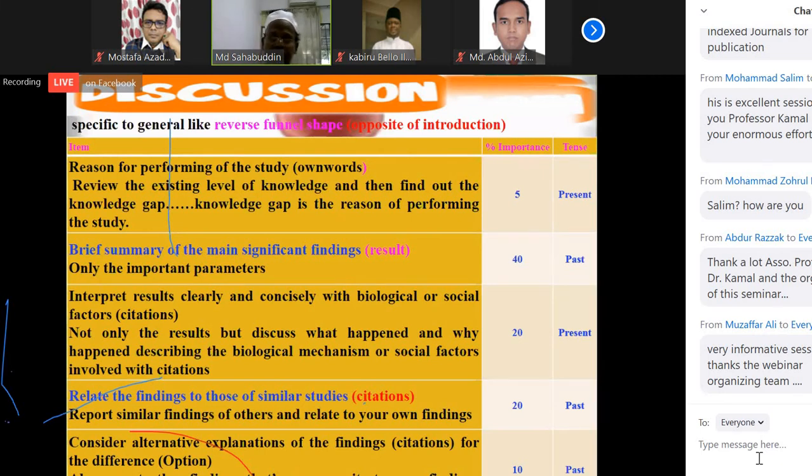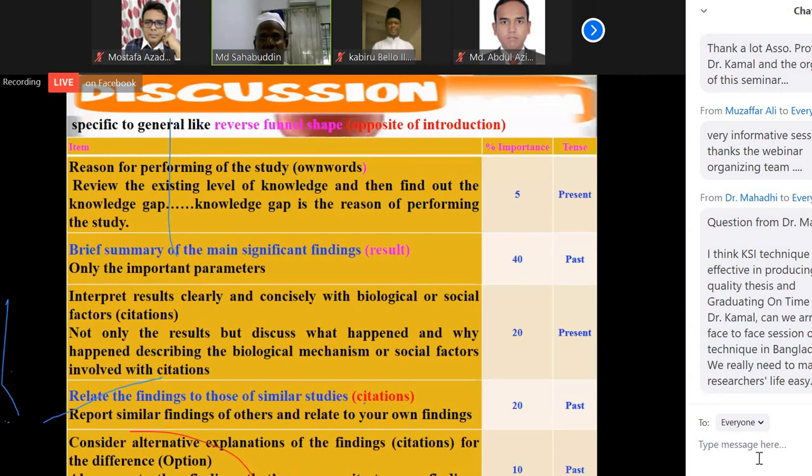Then after that, you can explain that my result is also similar to the previous, the similar result. And we have to give the idea, what is the similar finding with the previous researcher. So you have to explain why my result is similar with the other researcher. So you have to bring the similar citation. Then last option,